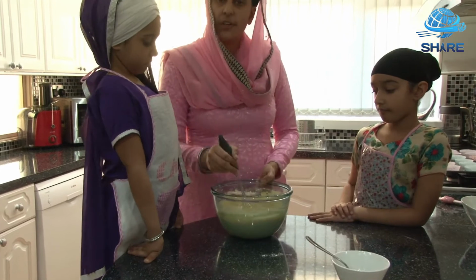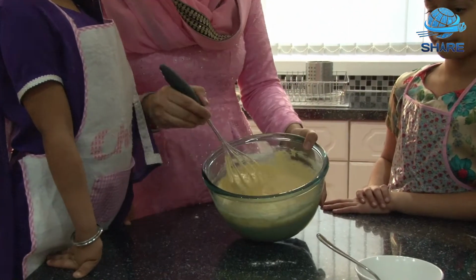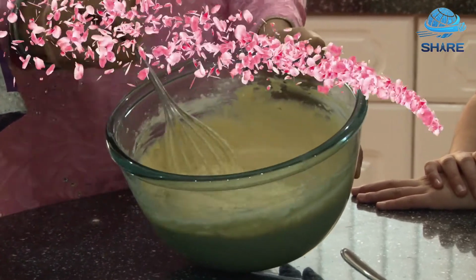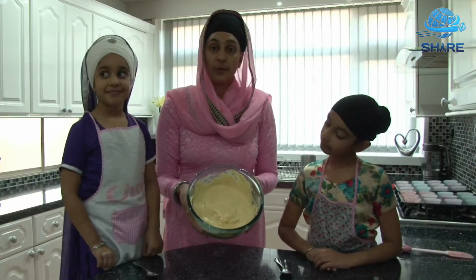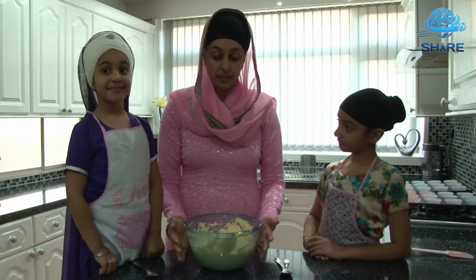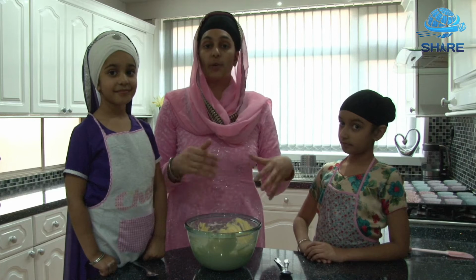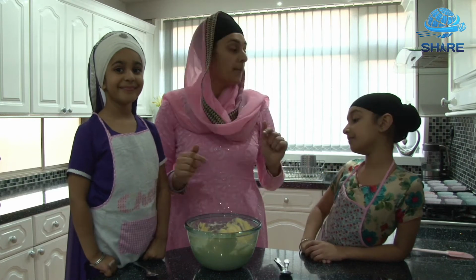Okay, so I just want to quickly show you the mixture. It's nice and thick. It should be looking like this, all creamy and thick. So once that mixture looks like this, all thick, what we're going to do this time around is make some cupcakes for you all. So rather than a slab cake or a 2-tier cake, we're going to make a...